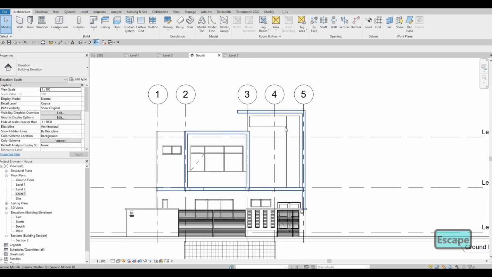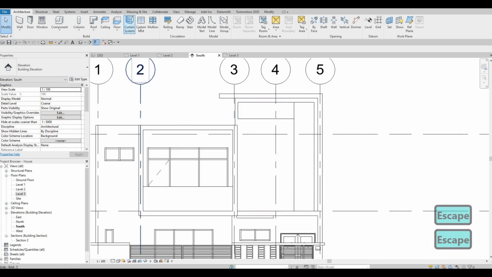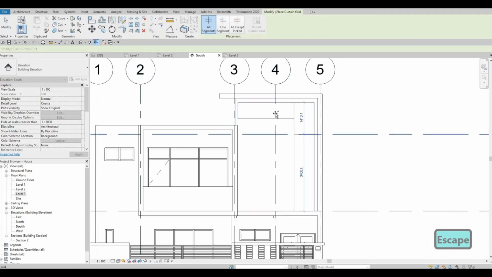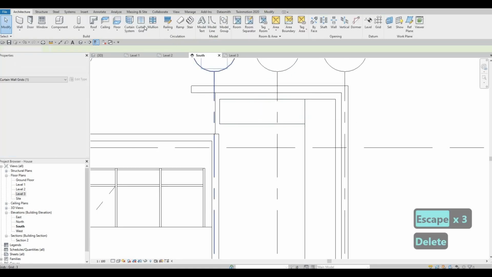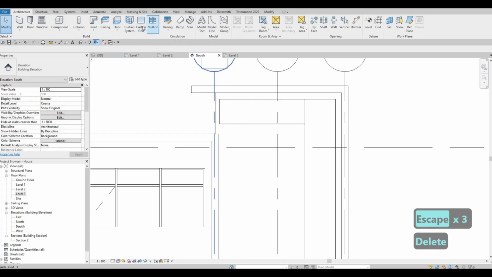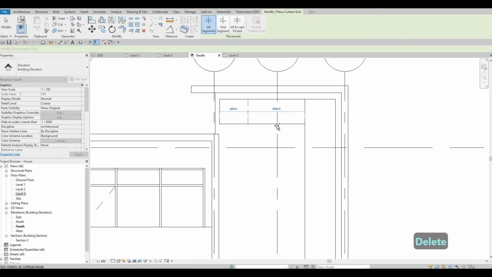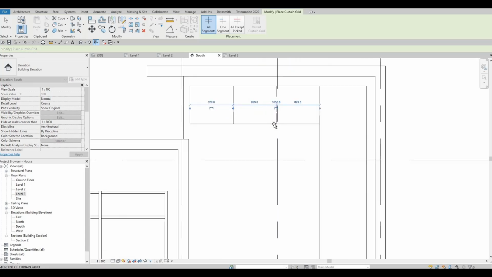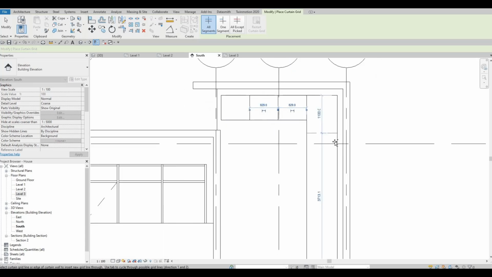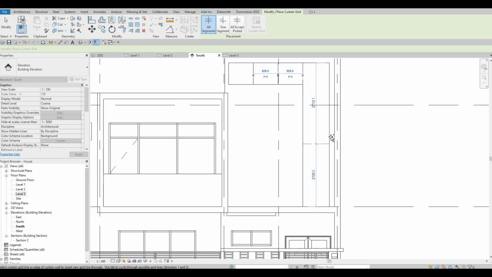Something that looks like this. And then add curtain grids. I'm going to make this 3. There we go. And then I'm going to divide this first,